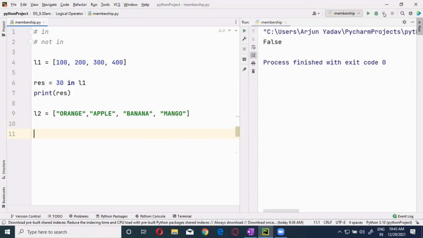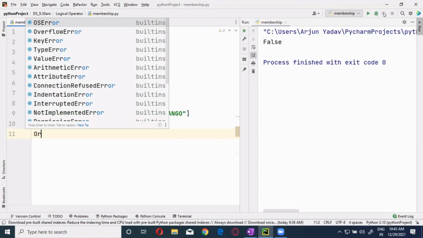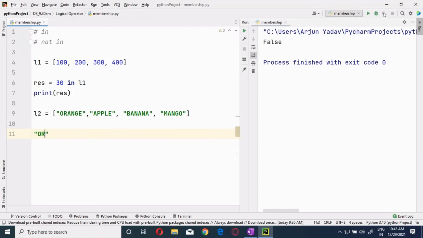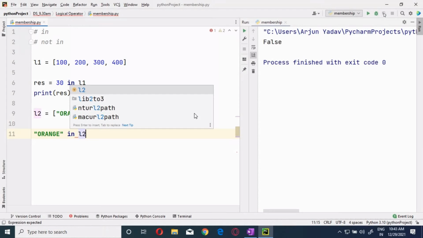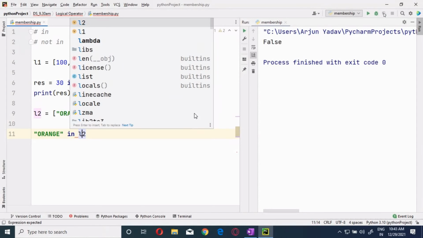Now, here, try to understand this. Orange in L2. Yes, true.